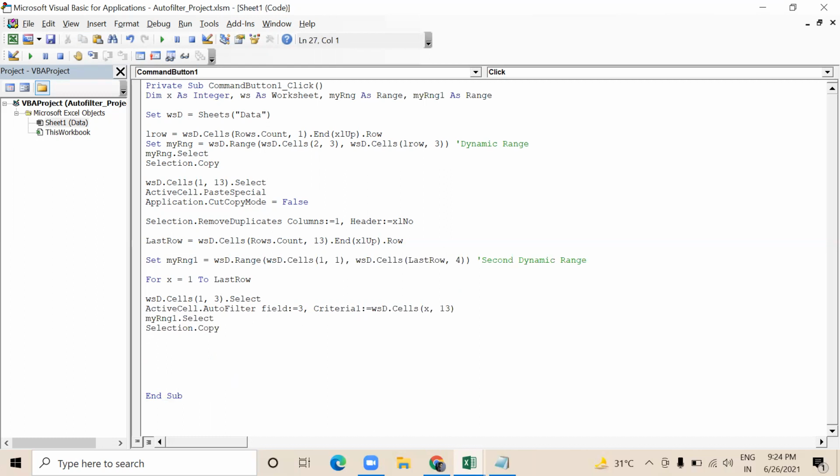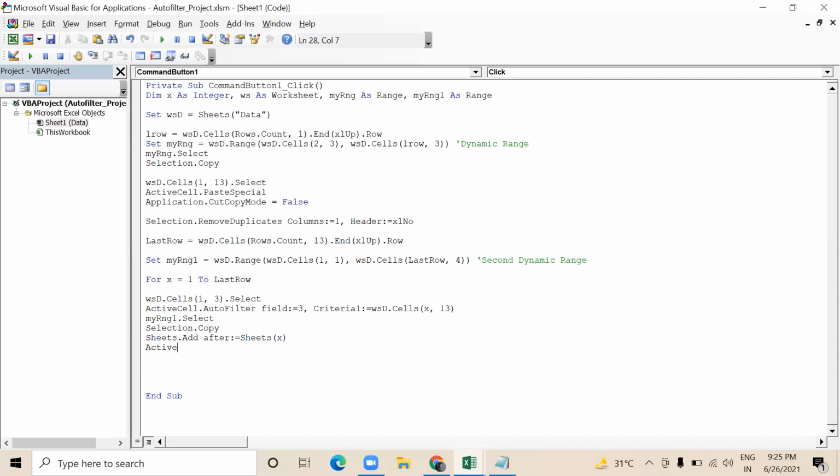Then I want to say sheets dot add after sheets x. Let me just check if it will work.